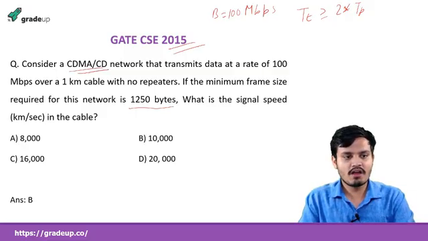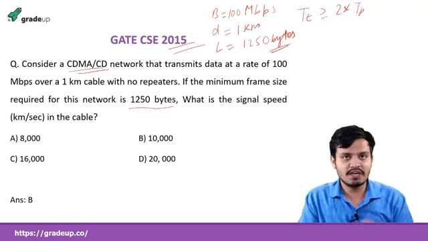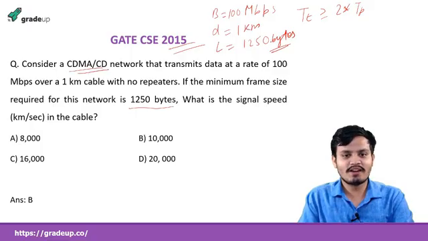And what is the length of the cable? So D is equal to 1 kilometer. And what is the length of the packet? The data packet is 150 bytes. It is bytes, so you see here it is bytes. If you forget this byte as bit, you will be very sad about it. So don't forget this kind of thing, and always read the question very carefully. So I have given you everything. We need to find the signal speed.